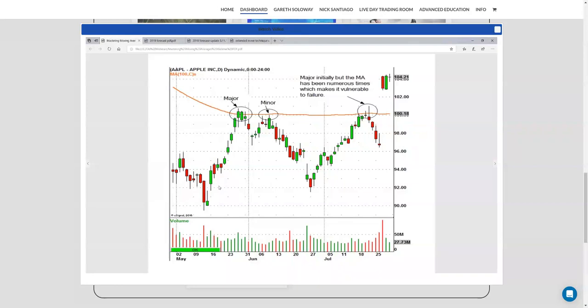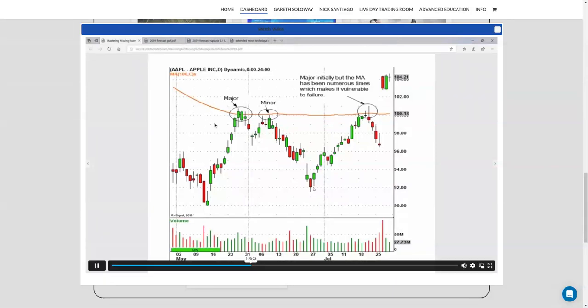Here's a chart of Apple. Look how this thing hit the 100, hit it here, sold off, hit it here. Look out, that was